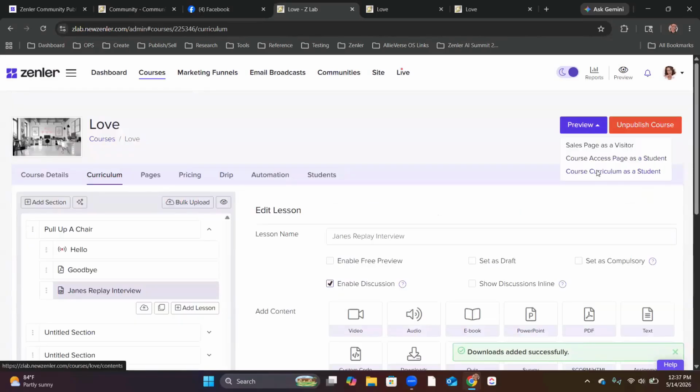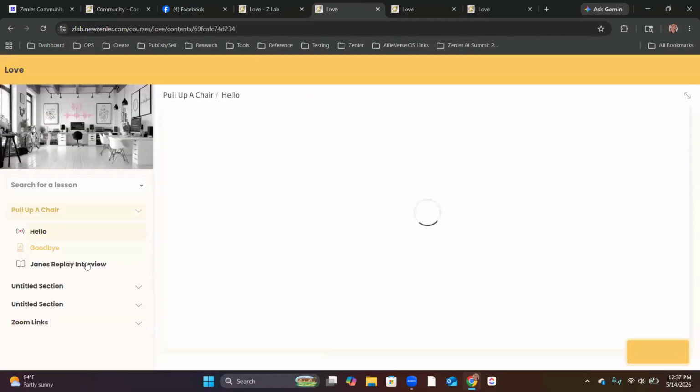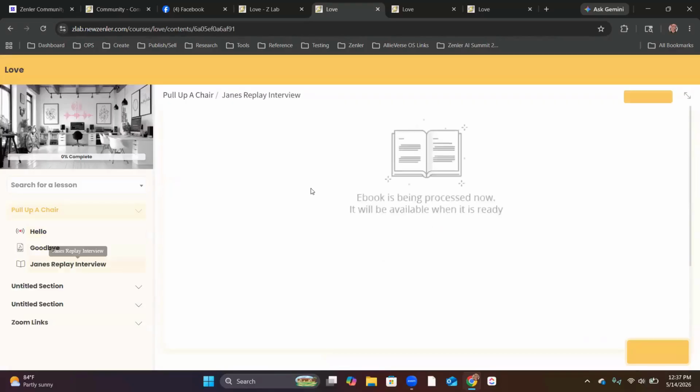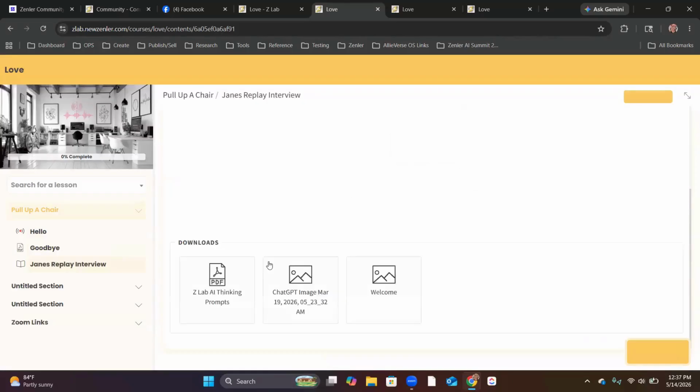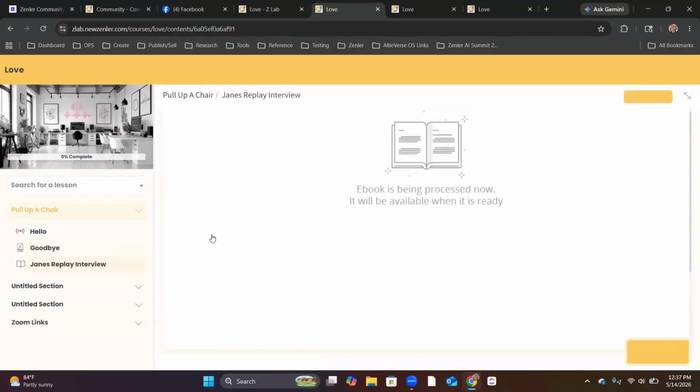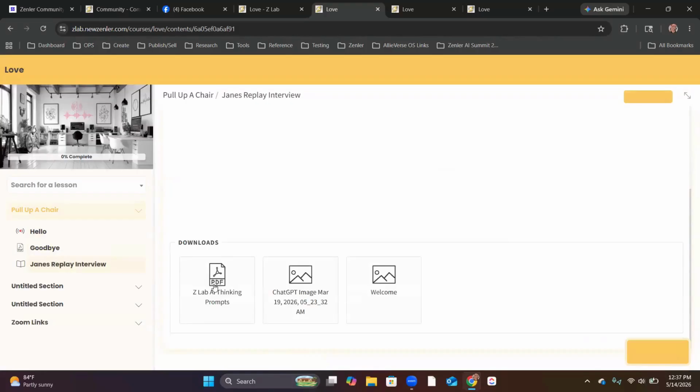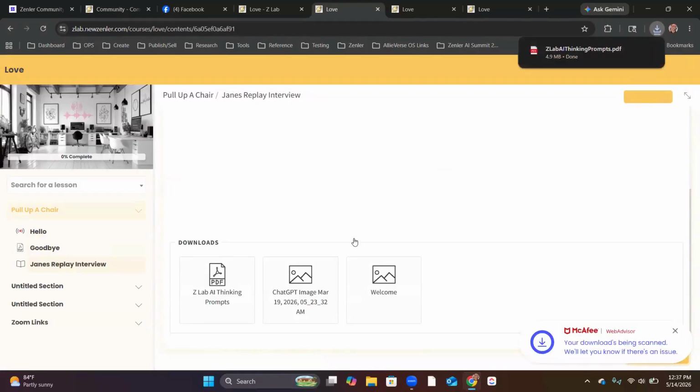And when your students come into your course and go to that lesson, they're going to see the book. It'll be flippable here when it's done. But then right below that, each one of those downloads is right here. That's a very clean look. They can flip through the pages and see the actual ones here in the course, and then they have them right here. When they click, it does that little download thing and pops up on their browser so that they have it. So now it's on their computer, in case they need to print them out and fill them out.